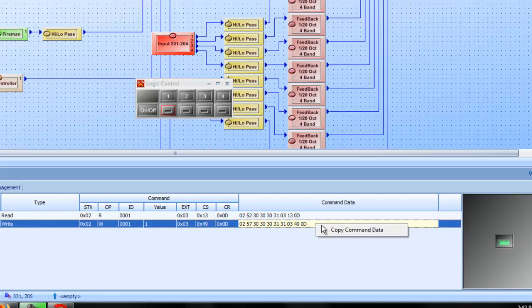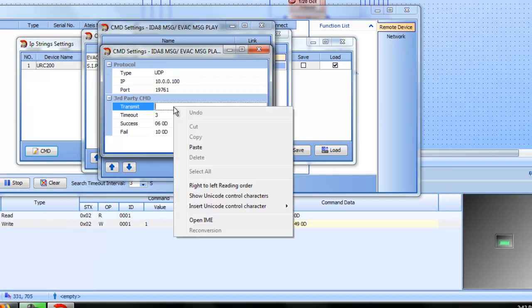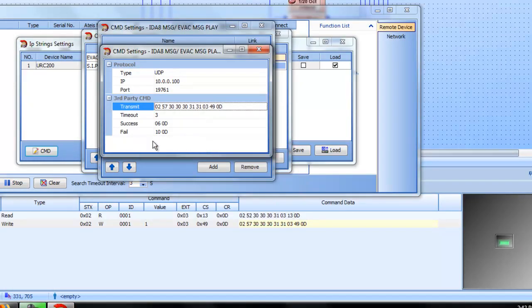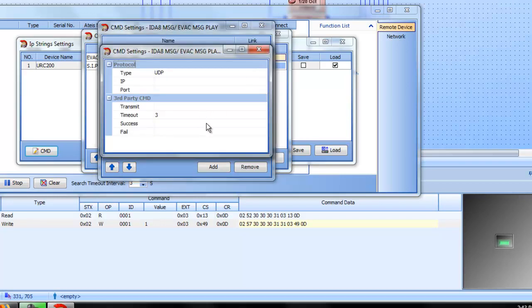Highlight this, right click, copy command data. We go back to our URC200 and we just paste or control V right in there, and there you go. And we should be all set with that one. And if we want to turn the logic off, which we will have to do, same thing,